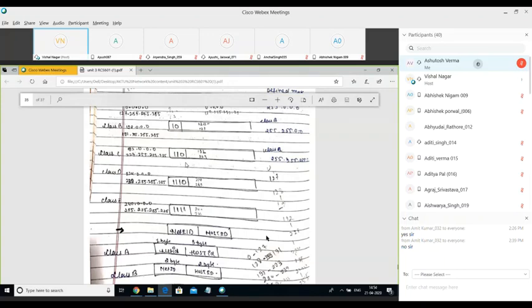I told you about the multicast network. What is the multicast network, or what is multicast routing? Multicast routing means sending information to a certain group of users. Let's say we have 50 students in the class, and I am sharing some information with 15 students. This kind of communication is called multicast communication, and class D is reserved for multicast users only. The format is 1110, and the other 28 bits are reserved for multicast users.